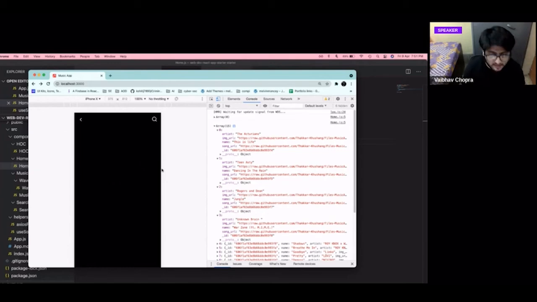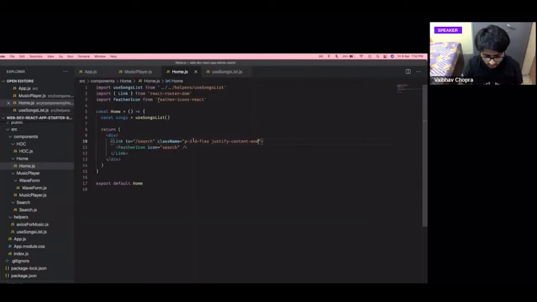So what Flexbox basically does is, when you enter stuff in the DOM, by default, all the block level elements try to stack one after the other. But if you use Flexbox, it basically turns it around and makes it very flexible, because I wanted to push the elements towards the right end. I wanted to push this search icon to the right end, so I made it a Flexbox, and then I justified the content towards the end. So that's what that line means.